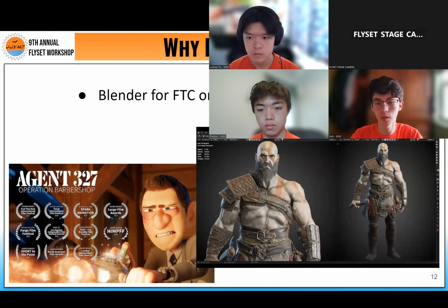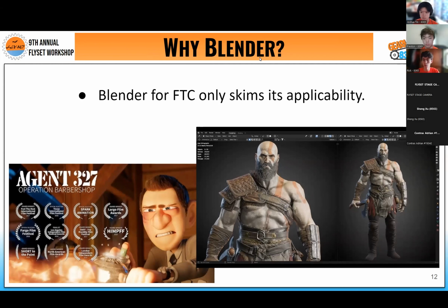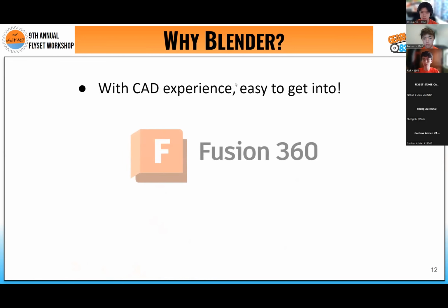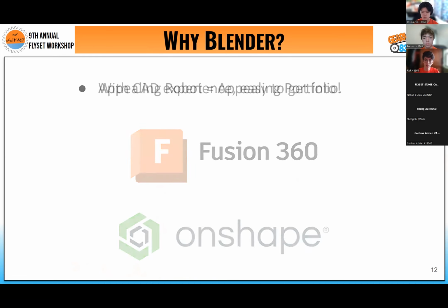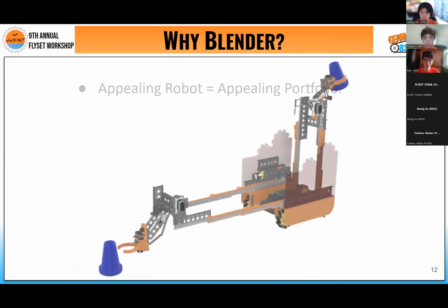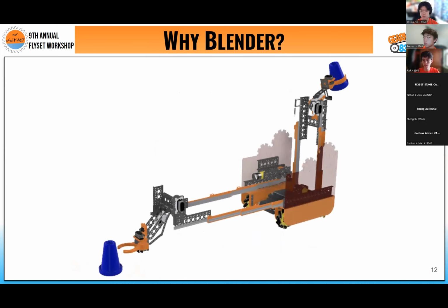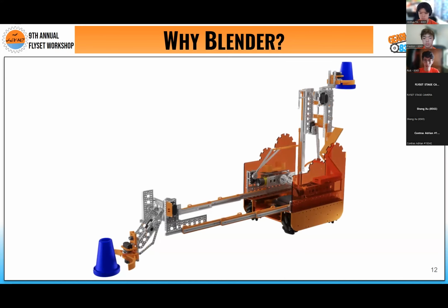First of all, Blender for FTC only skims its applicability. Blender is not used for one sole purpose. It's used for everything between animations, game designs, simulations, and much more. The second reason is that with CAD experience, which I know a lot of you do have, it's very easy to get into, as a lot of controls and shortcuts will feel familiar. And finally, having an appealing robot will make an appealing portfolio, because you can settle for a lower-res, somewhat grainy image of your robot, or you can use a Blender render